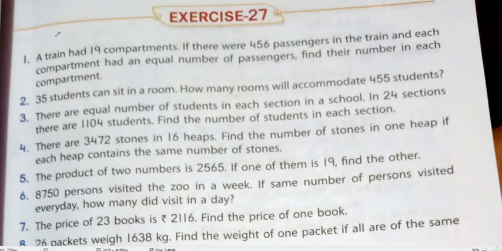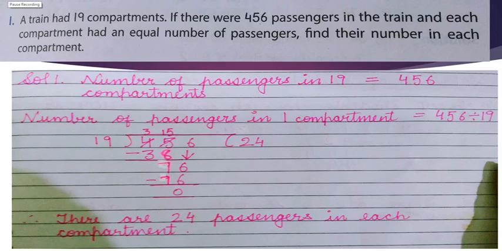Okay. So students, there is a very important role of reading the word problem nicely, and you have to frame a story. You have to study the story very well in your mind, right? Like in this, beta, as you can see, in question number 1 there are 19 compartments. What is the meaning of 19 compartments? It means different sections. Like in your school there are so many classes, and the classes are again divided into sections. In the same way, we know a train is very long.